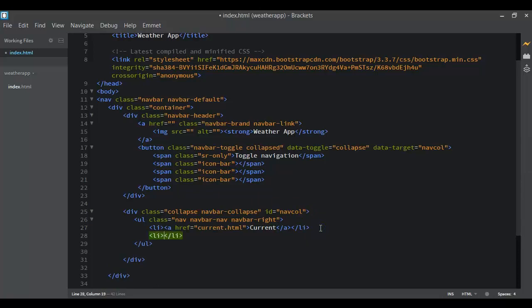Then the next one is the forecast.html. Then we call this forecast. Then the last one we want to add, we just want to add a link to the API we're going to be using. So I'll just put that. I will not put the link right now, but I'll just add